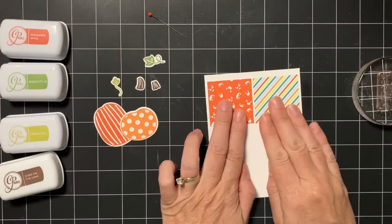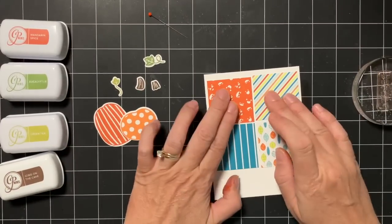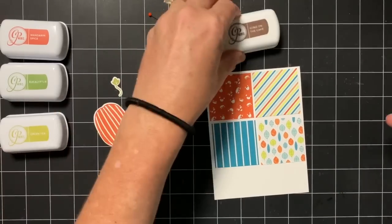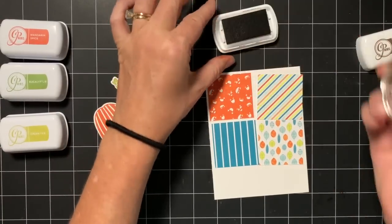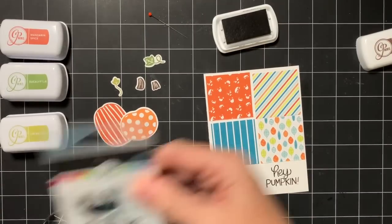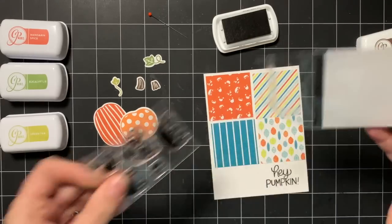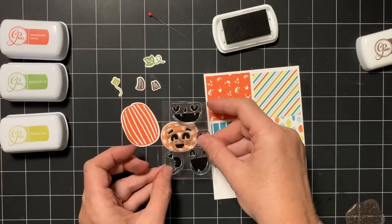For the next card, we're going to use a lot of fun patterns. So I have 4 squares. They are just under 2 inches each. I played with some pattern. Of course, I have to use 2 stripes in there and then 2 more busy patterns. I thought those looked really great together, so I kind of staged them up there at the top, added my